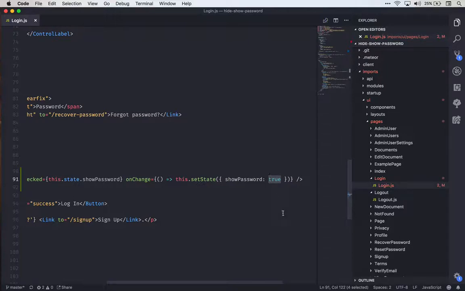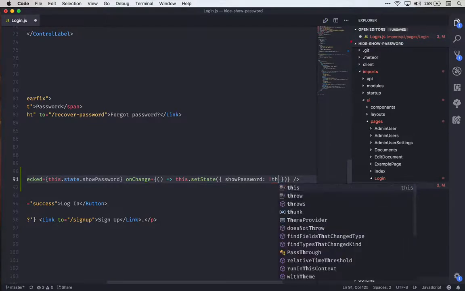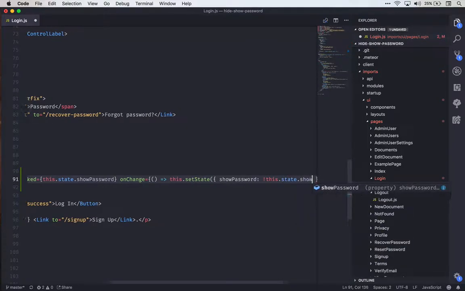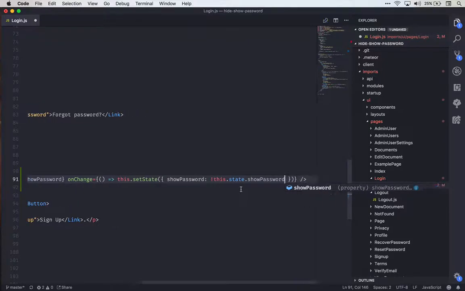We're going to put some funky looking code in here. We're going to say exclamation point this.state.showPassword. Now, this is probably one of the coolest things that you'll learn in JavaScript. This is not a React specific thing, this is a JavaScript thing, but it's very helpful when you're trying to build dynamic UIs with a tool like React. So what this is saying is give us the inverse of